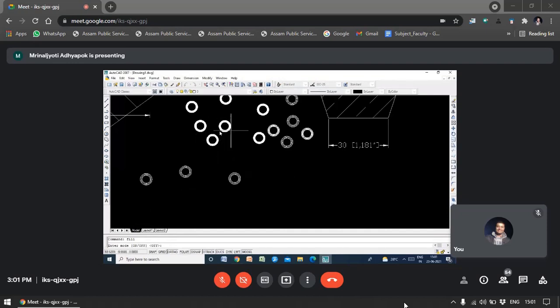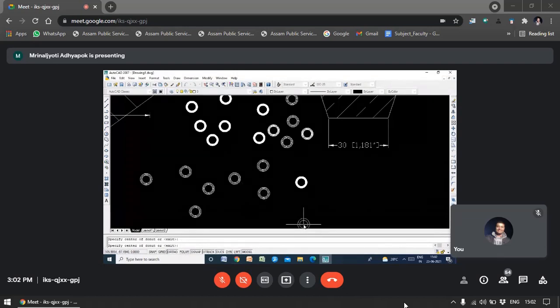What am I going to do? I am going to draw a filled donut. Here in our case it is already off. So now I am simply going to write on. Enter. Then the command is donut, enter. Inside diameter is 4, then outside diameter is 6. Then simply click. Then again it becomes a filled one. Suppose you want to make it unfilled, then again write fill, enter, then off. Then the command is donut, then 4, then 6, enter. Like this, it will become like this. So this is the way of doing it.